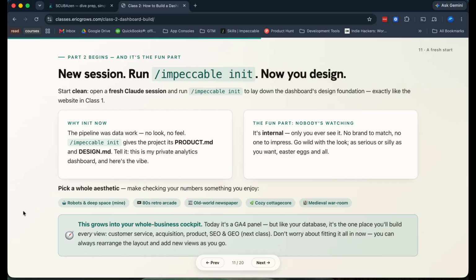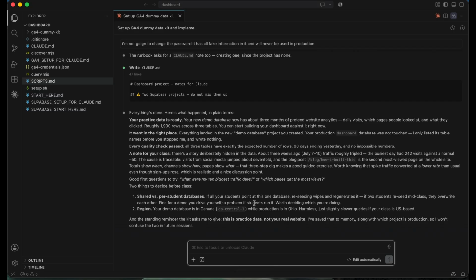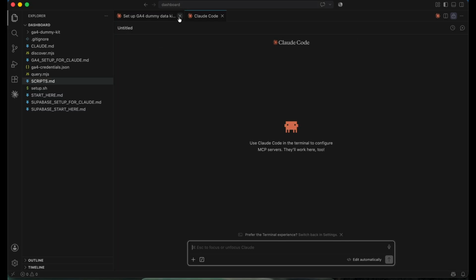But the idea here is that you're going to be spending a lot of time in this dashboard, especially as you build more and more panels and views, and you're running your business out of it. So you might as well build something that you're really going to enjoy looking at constantly over many, many hours over a long period of time. So that's all to say, have fun with it. Total creative freedom. You can always change it, but it's a really great way to start being more playful with all of this stuff instead of having to be so stuck in the business.